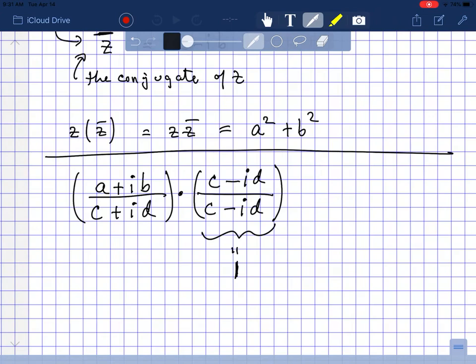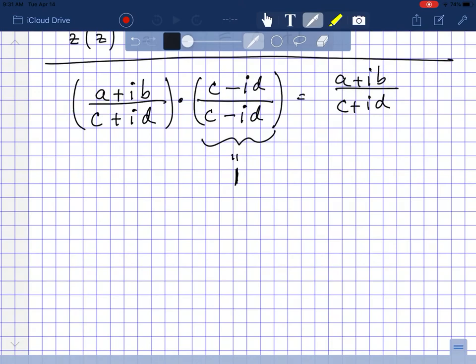And so when I form this ratio and I multiply it by my complex number over here, a plus ib divided by c plus id, I'm not changing anything. This is still equal to a plus ib divided by c plus id. Okay. Now let's do the